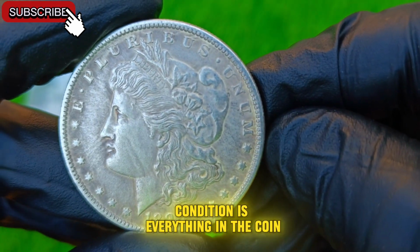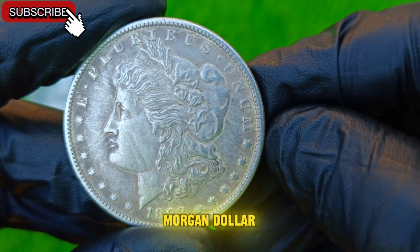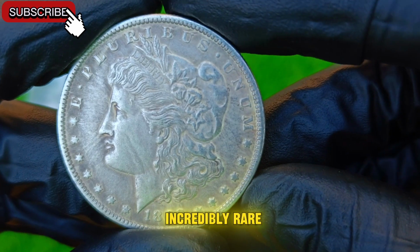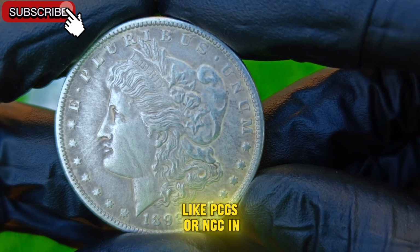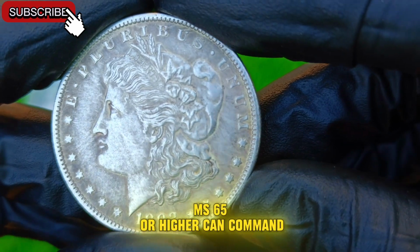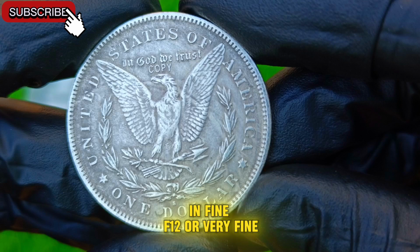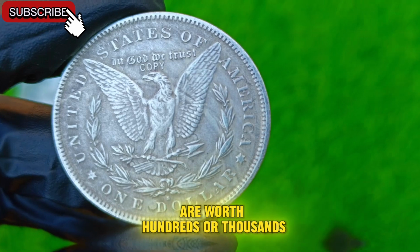Condition is everything in the coin collecting world, and for the 1892 US Morgan dollar, finding one with minimal wear, strong luster, and clean surfaces is incredibly rare. Coins graded by professional services like PCGS or NGC in Mint State 65, MS 65, or higher can command astonishing prices. Even lower-grade examples in Fine, F12, or Very Fine, VF20, conditions are worth hundreds or thousands of dollars due